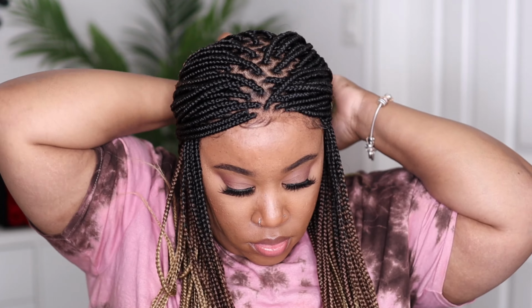But I did pull out two little, I guess you can call them bangs in the front. But yeah, two little pieces in the front. And I thought that was really cute. And now I'm just going to do a quick little half up, half down style. So I'm just going to pull this hair up a little bit higher,